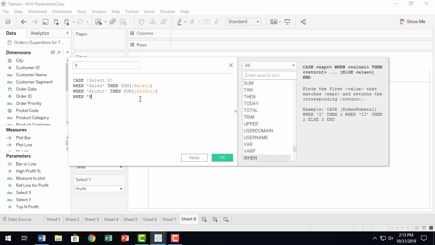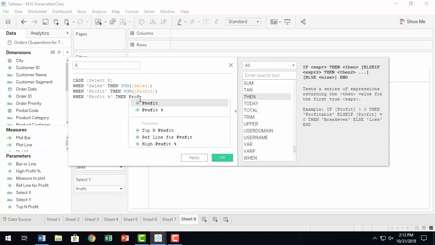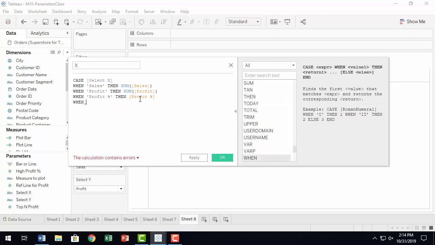When profit percentage, then we have to use just profit percentage, because profit percentage is already calculated with sum of sales divided by sum of profit. I mean sum of profit divided by sum of sales. So aggregation has already taken place, so it's just percentage, and then when shipping cost